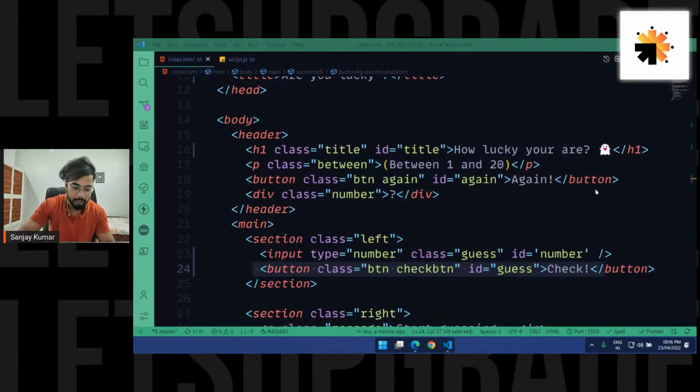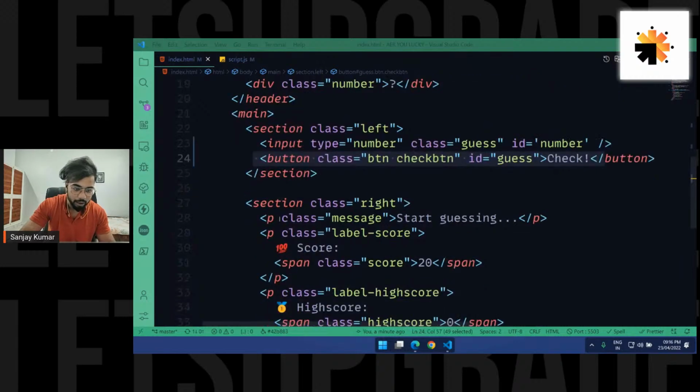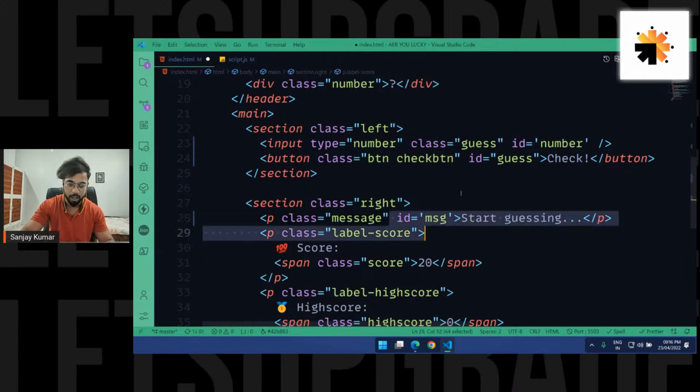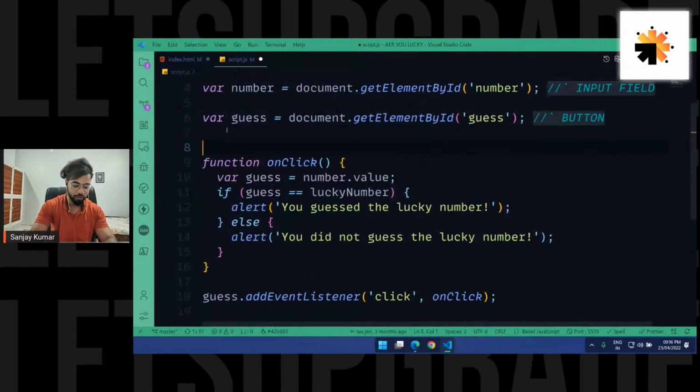And let me just see. So basically, let me give it an ID of message. So let's grab the message, MSG. I've just given this element the ID MSG. Let's grab this also: variable MSG equals